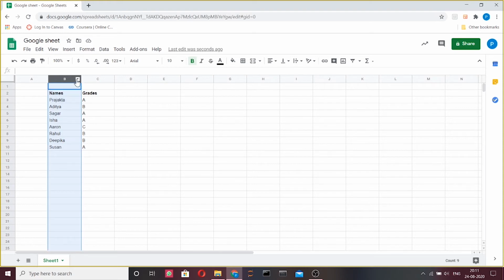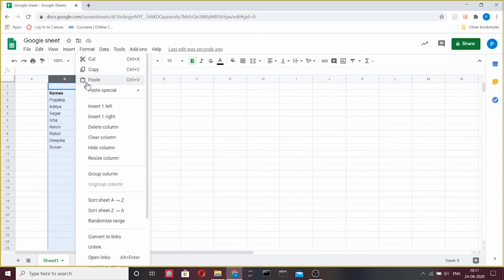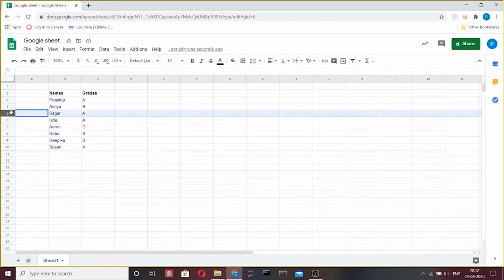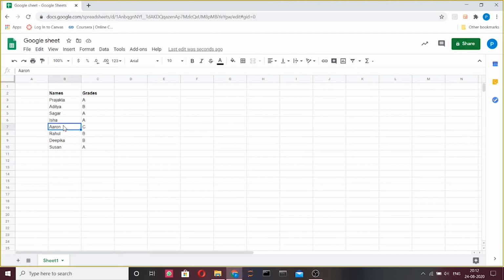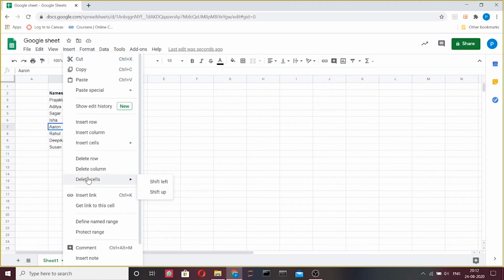Click on the icon that appears and select whether you want to insert a column on the left or on the right. Similarly, for deleting rows, columns or cells, we follow the same pattern. Here we can select the delete column. Similarly, on right clicking on the row, we can select delete row, and by right clicking on the cell, we can choose delete cell.